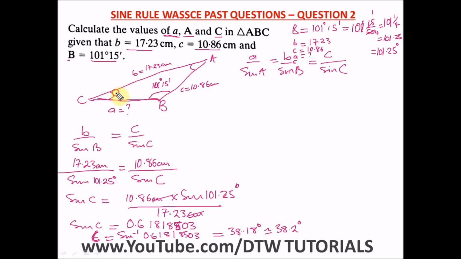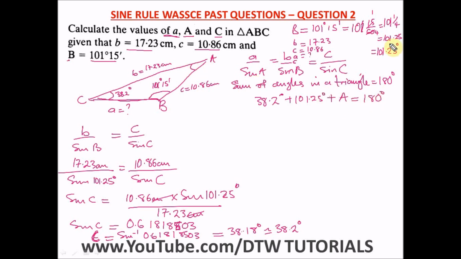To find our angle A, we know we have this as 38.2 degrees, so we can easily find this by saying the sum of angles in a triangle is equal to 180 degrees. So we have here 38.2 degrees, which we've converted to degrees, plus 101.25 degrees, plus capital letter A, which is what we're looking for, equal to 180 degrees. When you add this up, punch it in your calculator, we have